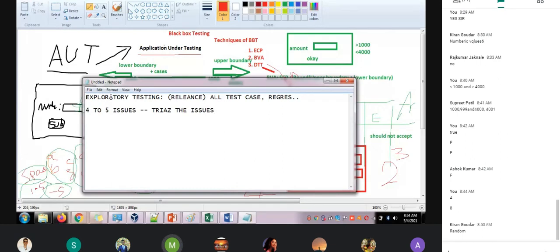So whatever issues we got from the exploratory testing, we will have a triage meeting on our side, and we will try to analyze whether we need to fix these defects in this release or in later releases. Are you getting this? What is the advantage of this exploratory testing? As Krishna told, we get a random check throughout the application. And second, we get to know how someone who doesn't have application knowledge interacts with the application. Those are the two things we get from exploratory testing.